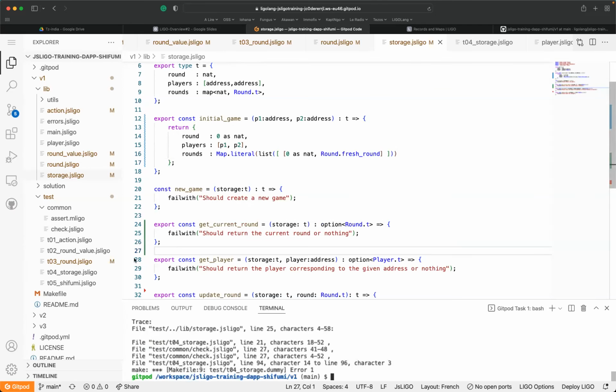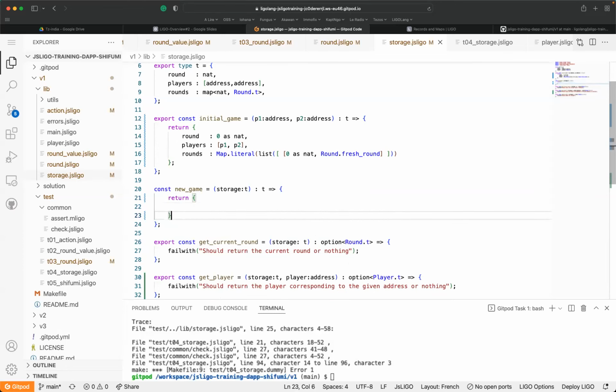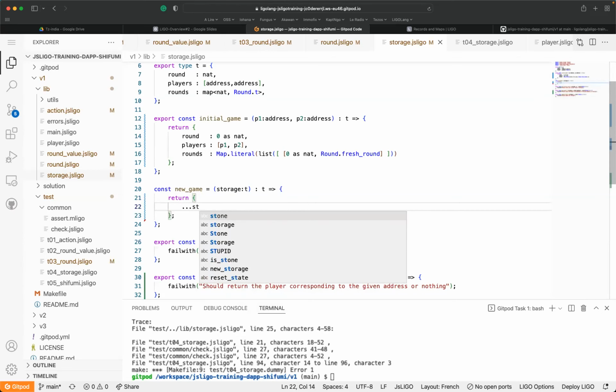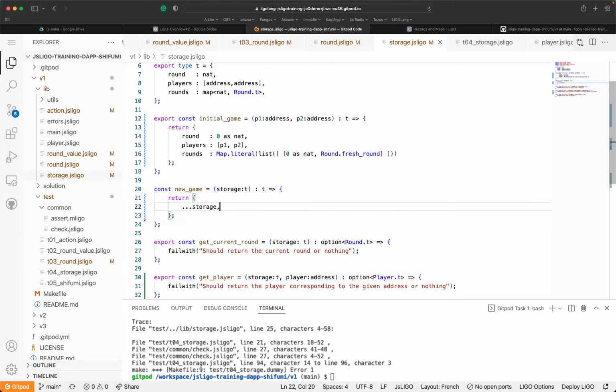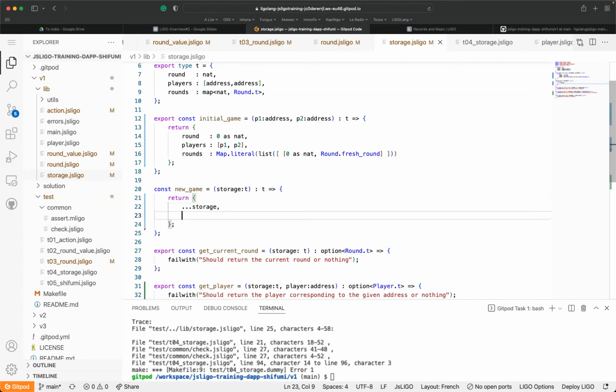Okay, so what I'm going to write is what a new game is. It's just a creation of a new record. So we are going to provide this new record like this. First, I would like to provide a new storage. So the first operation to be done is to say, okay, I'm dealing with the current storage, so I retrieve all the information. If you remember, it's a shallow copy. So we do a copy at a higher level. It's not a deep copy.